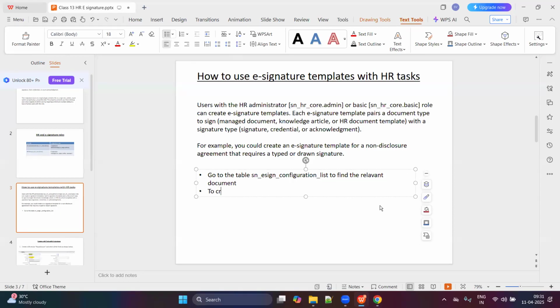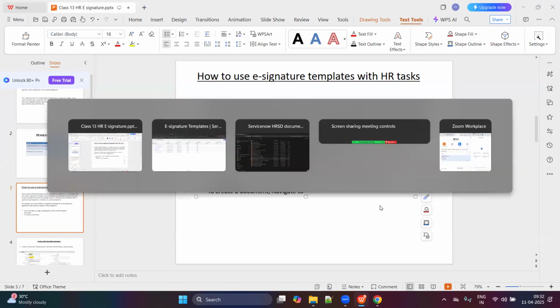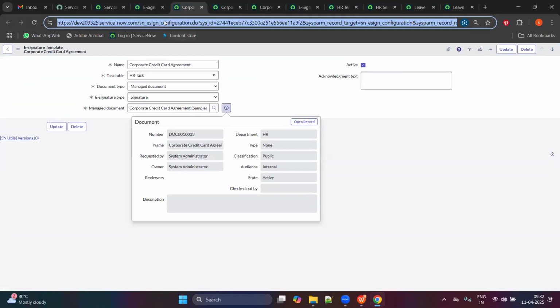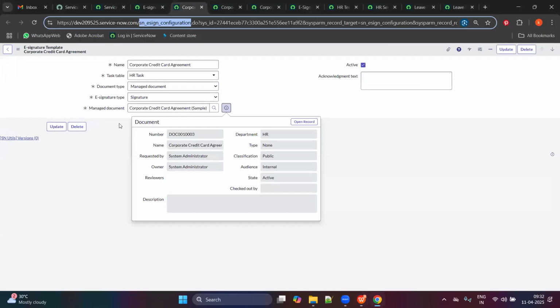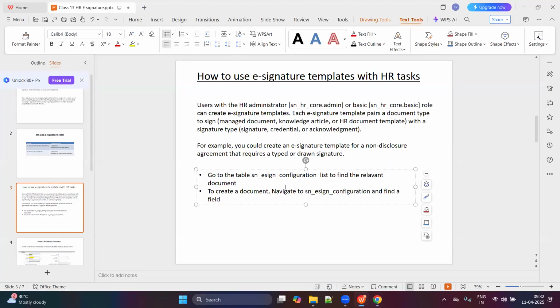To create a document, navigate to e-sign configuration and find the field, managed document. To attach a document to the managed document field,